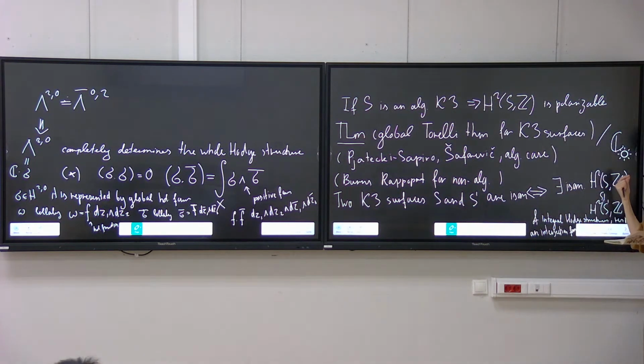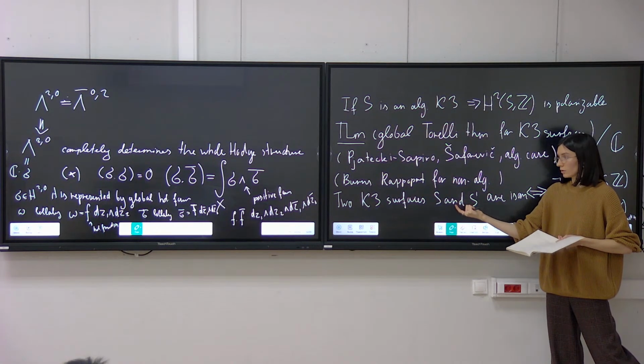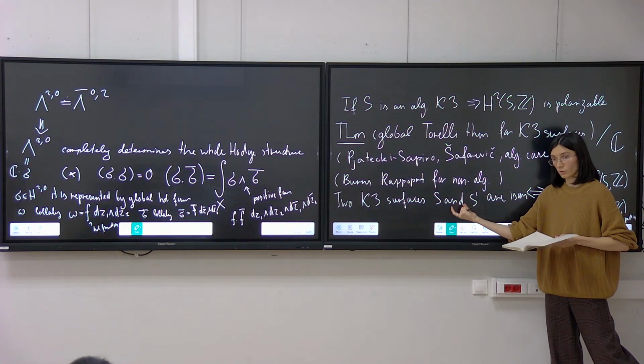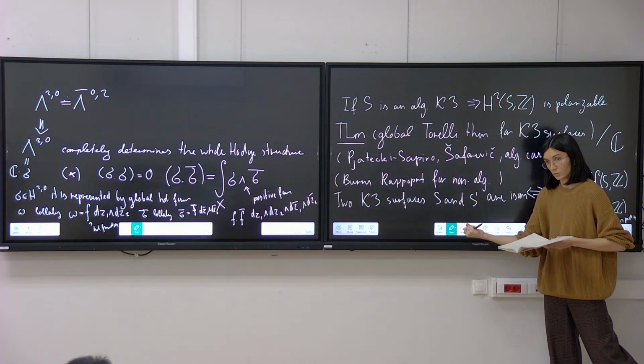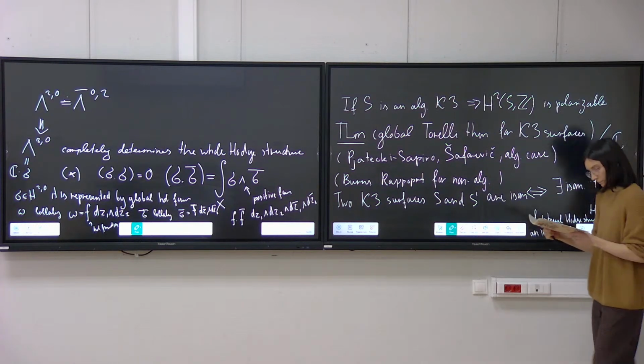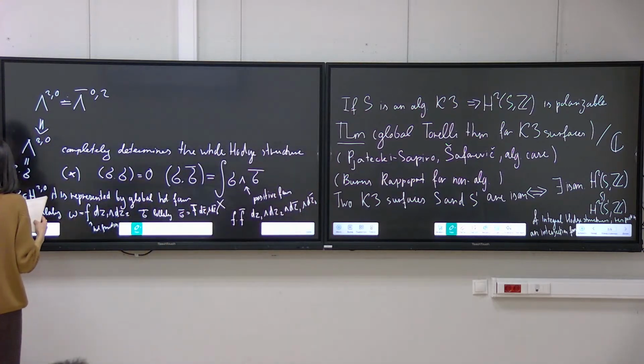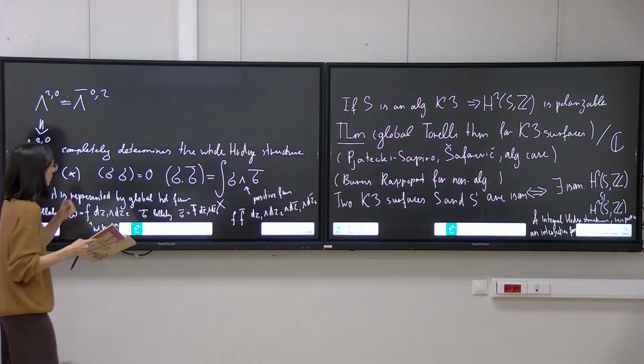There should be an additional condition for this isomorphism to be induced from the isomorphism of the corresponding K3 surface. Okay, so this is just some abstract isomorphism in this setting. Okay, but before this, let me also